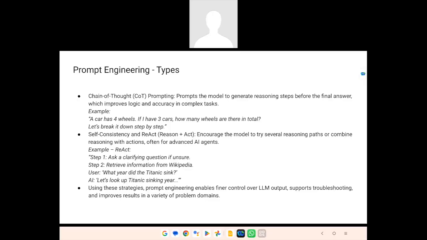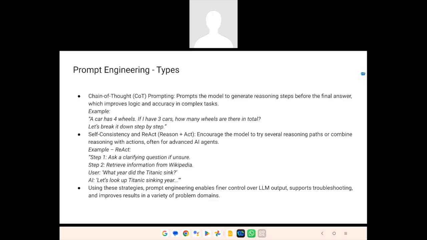See, the fundamental thing in LLMs is that it is good for reasoning tasks. Okay, it is very good for reasoning tasks, but it is not good for mathematical questions. So there are several benchmarks, there are several research works going on to improve the mathematical reasoning, the mathematical question answering skills of LLMs. That is still happening, and it will go on. But the first thing, from a prompt engineering perspective, is chain of thought prompting.